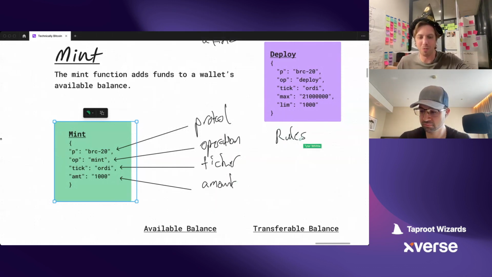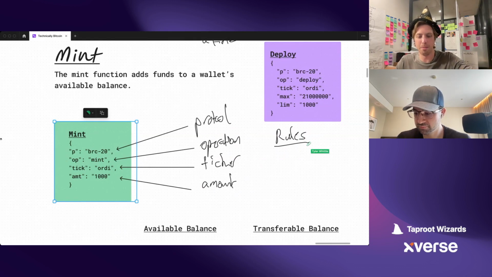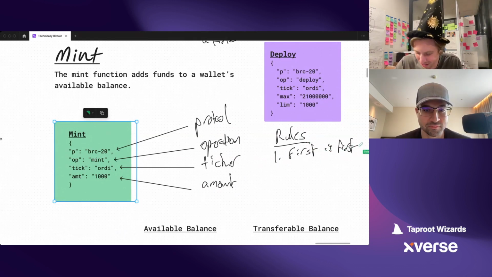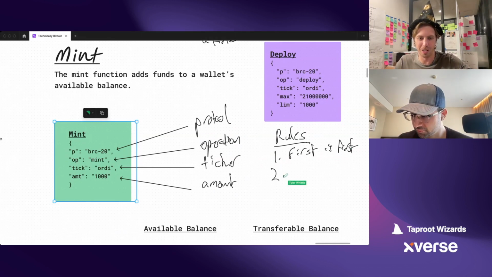Now we have to talk about what are the actual rules that come along with this. What are the rules for minting and what makes a mint valid versus invalid? Rule number 1. This one's going to appear in all of our rules because inscriptions. First is first. The first mints to show up, the ones that get inscribed on lower inscription numbers, they're canonically before ones that show up later.